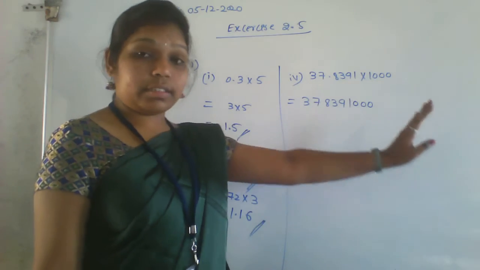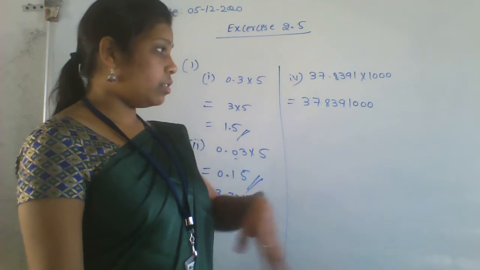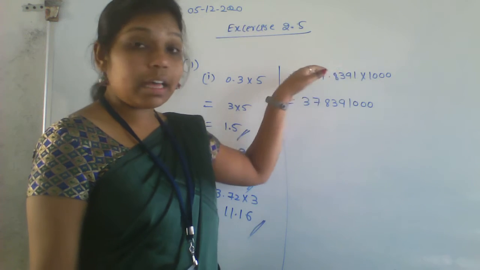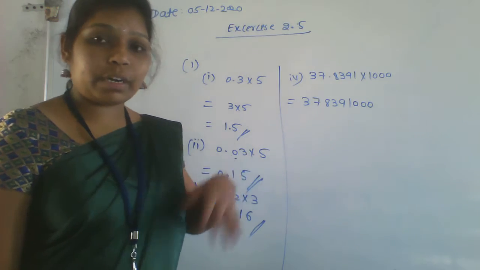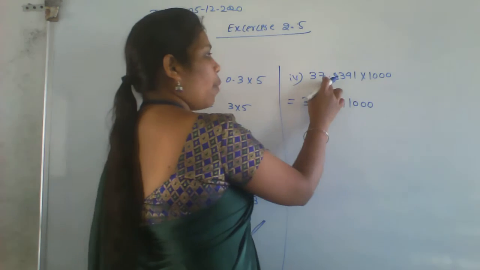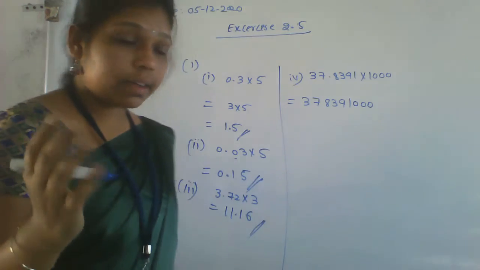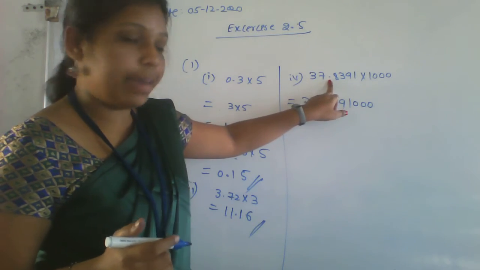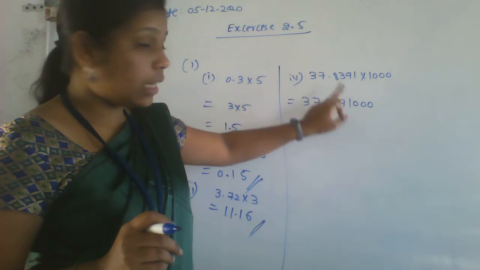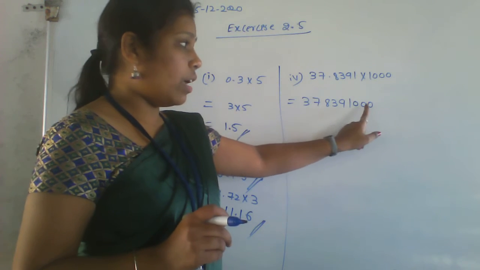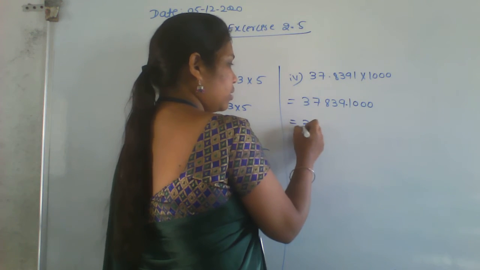If there is 1000, 10,000, 100 like that, how many zeros are there? Those zeros, you write in front of the given number. That is the multiplication. Don't do the multiplication by one number. Okay. So how many? Say here 1, 2, 3, 4. After 4 numbers, they kept a decimal point. Now our duty is to keep that decimal point after 4 numbers. 1, 2, 3, 4. So what is the answer?